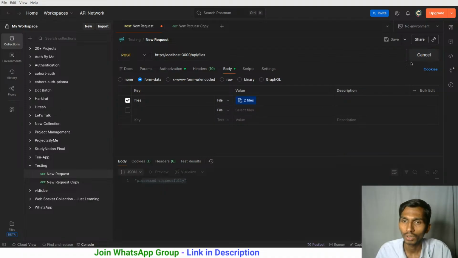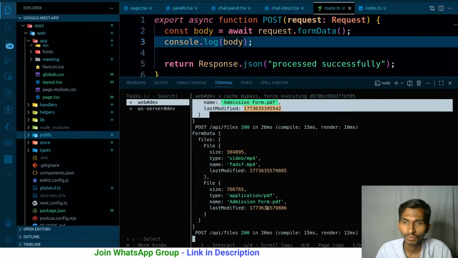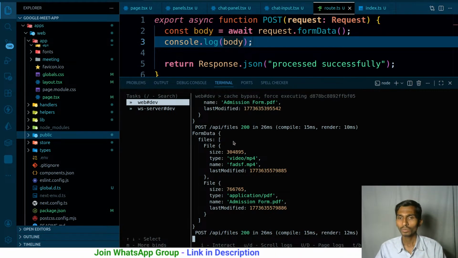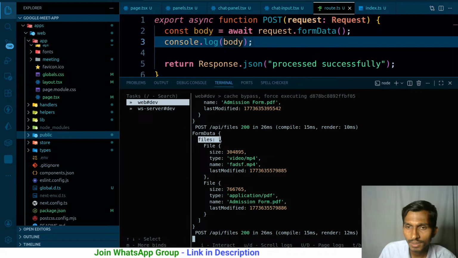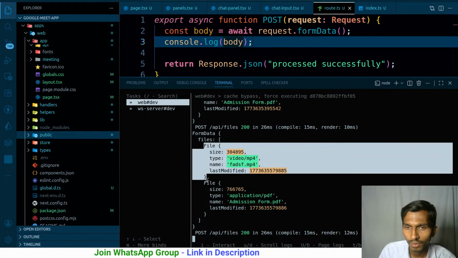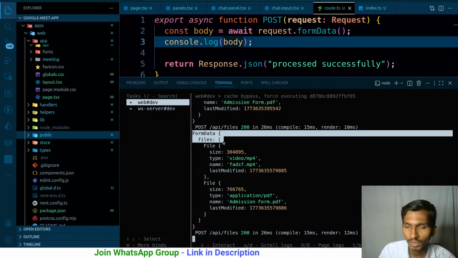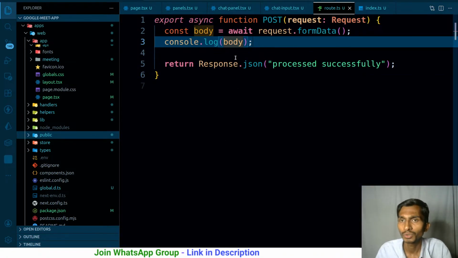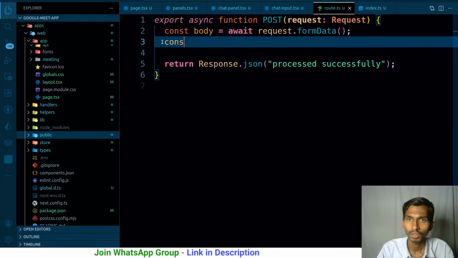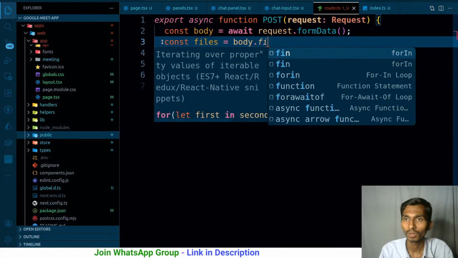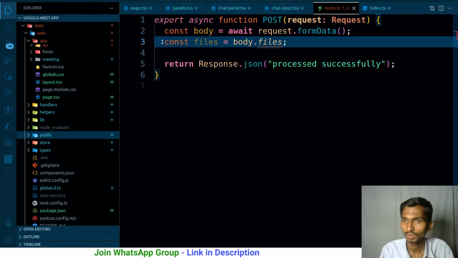Great. If I send the request again, what will happen? So over here, this files is an array, and what is the type of this files, I'll have to check that. So ultimately body is the object that contains files, and this is how it goes on. Okay, so object request.formData, I got the body, and const files is going to be equal to body.files, and